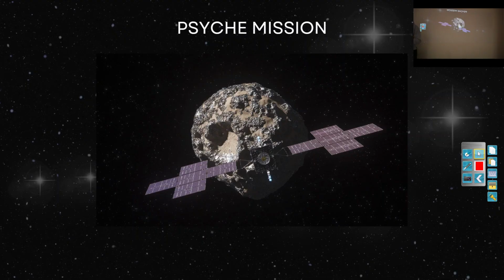For us, it is not possible to go deep down into the Earth's core and explore what Earth is actually made up of. But these external objects will give information about the Earth's core. So, that is why this mission is aimed at knowing about the Earth's core. Okay. This is an asteroid named Psyche that is there in the asteroid belt between Mars and Jupiter. So, Psyche mission launched by NASA in 2023 at Berkeley.